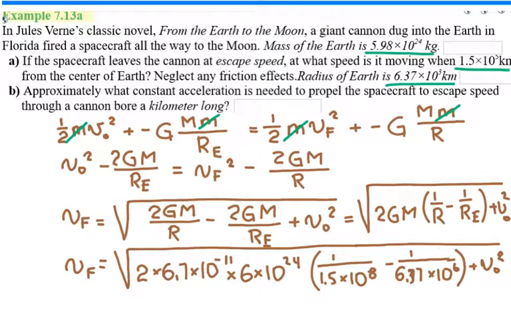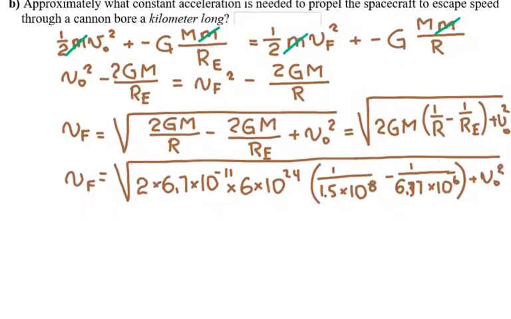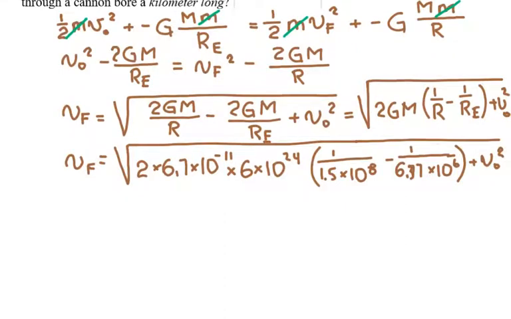And then I have escape velocity, but they don't give me what the escape velocity is, so I have to figure out what escape velocity is before I will be able to solve this problem. So let's calculate the escape velocity first. For the escape velocity, I will say that all the kinetic energy is going to go to the potential energy, right? So if I say kinetic energy is 1/2 m v initial squared, and the potential energy is